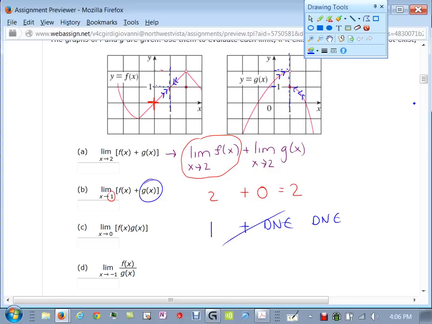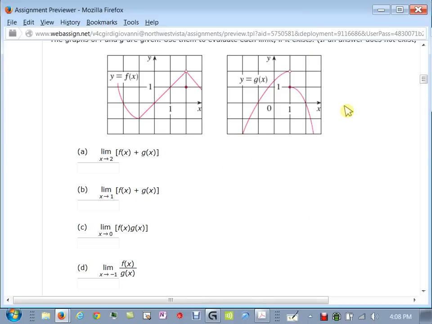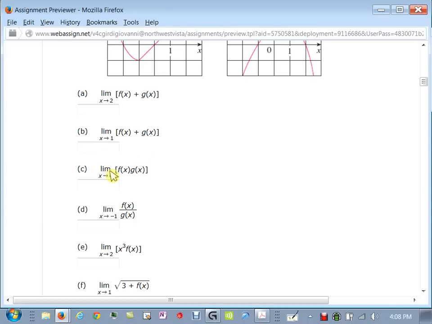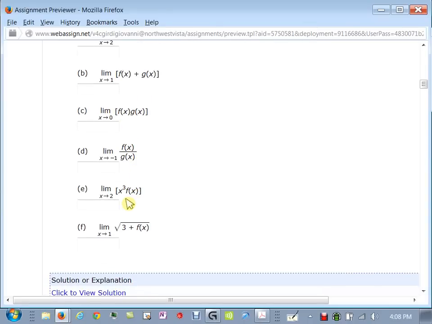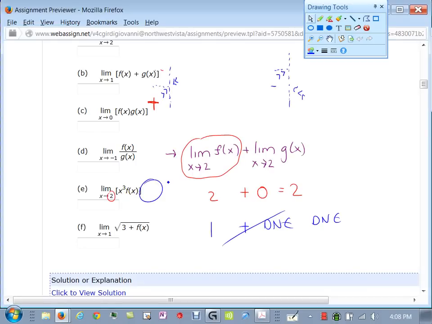All right, so I think you can kind of hopefully get the gist of this. You just have to look at where you're approaching, and then either, like in this case, split it up, multiply the 2 answers, divide the 2 answers. Here, this one's kind of interesting. If x is approaching 2, and you have x cubed and you have f of x, then what we would do here,